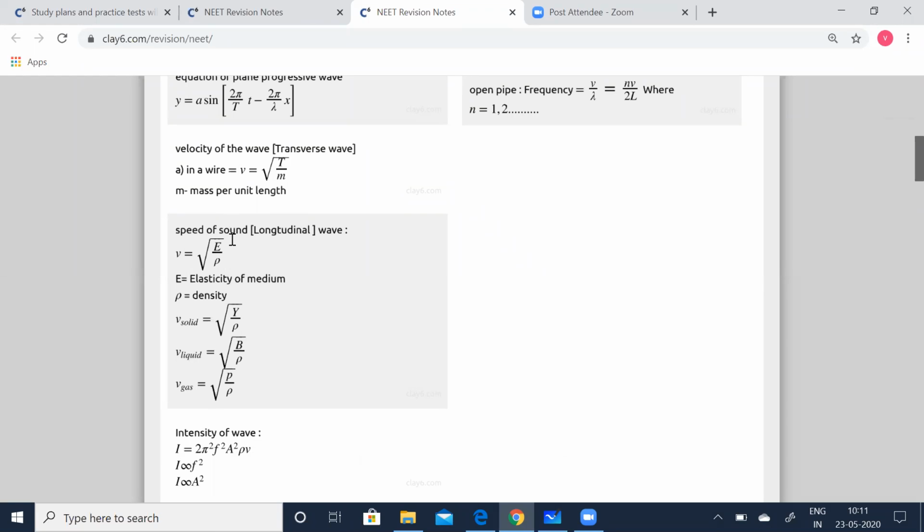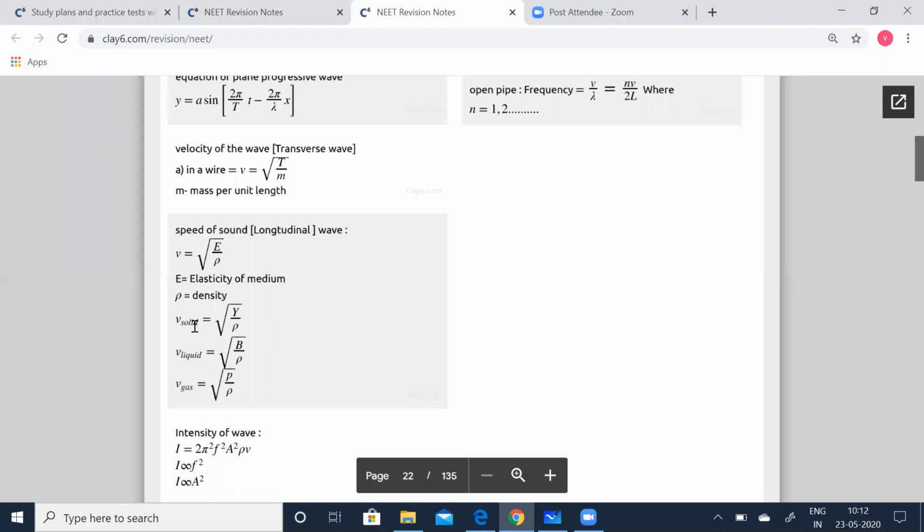Speed of sound, if it is now going to be a longitudinal wave. Now you know velocity of wave, which is transverse, means that applies for all electromagnetic waves. When it comes to longitudinal wave, it is now going to be just the speed of the sound. It is now going to be mechanical waves, which is nothing but sound. Sound is a form of a mechanical wave. So v is equal to root of E by rho, where E is the elasticity of the medium and rho is the density. So now sound is going to differ in the medium. The velocity of sound differs in solids, liquids, and gases. So we'll have to look into all the three media now.